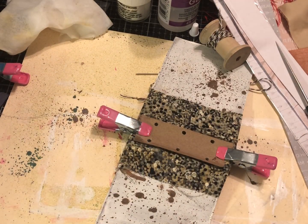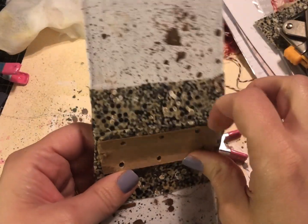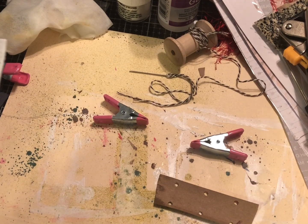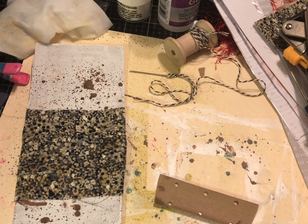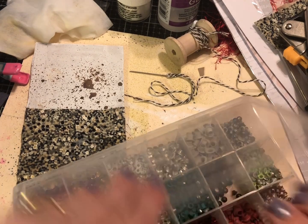Okay, but this guy, actually I'm going to leave it out because I'm going to want to do eyelets in there. And since I can't reach with the little guy, I'm going to have to do it with the bigger one. Okay, so I think I might do